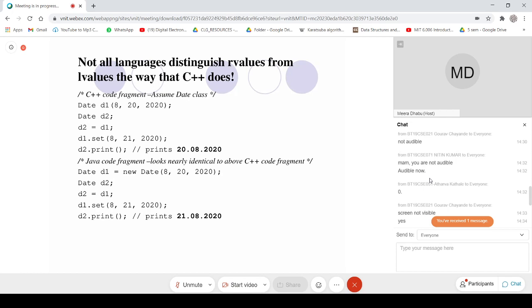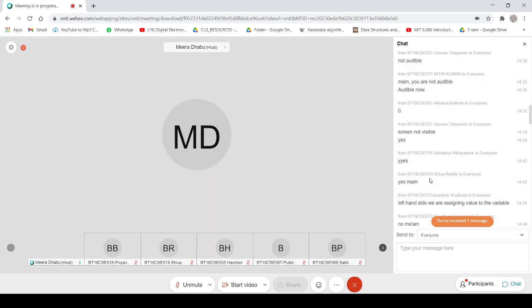Somebody's asking a question: how can we assign a date using the set function? This is only for Java, where everything you create is a pointer, and with new you are actually allocating that on the heap.